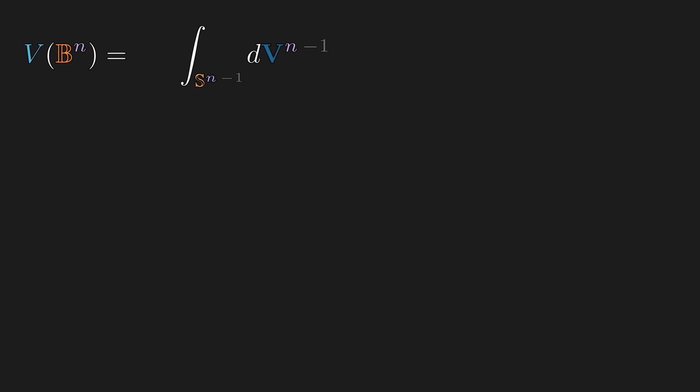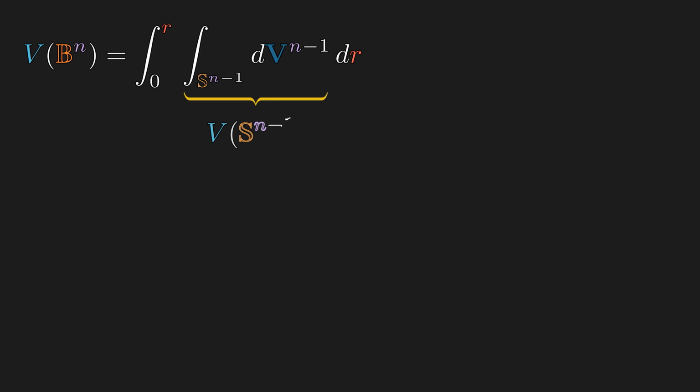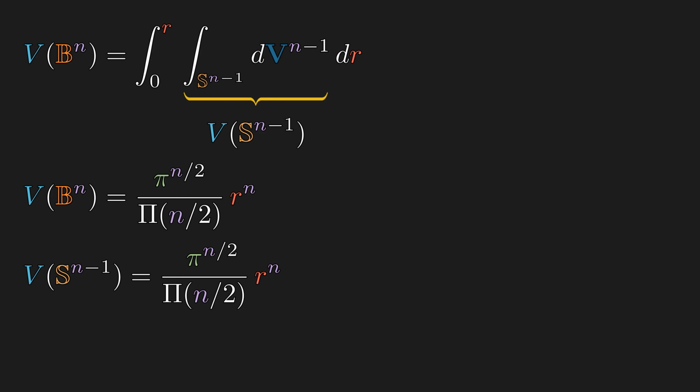Now, we can isolate the radial part of this integral, then the integrand is an n-1 dimensional surface integral, which is precisely the respective surface area. So the derivative relation should naturally hold for any higher dimension as well. Now, as for the actual volume, it can be expressed in terms of powers of the radius and pi. And the factorial function in the denominator is the analytic continuation of the factorial, allowing it to work for any real number. Then, the respective surface area should be the derivative of the volume with respect to the radius.